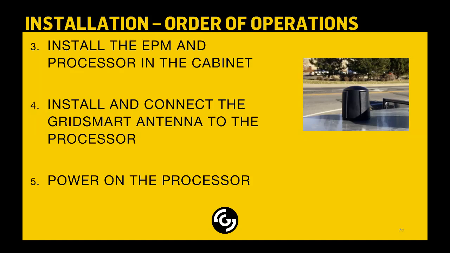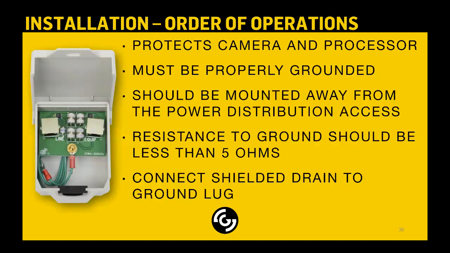The next step would be to power on the processor. So inside the cabinet, one of the first steps that we talked about was mounting the EPM in the traffic cabinet. This protects the camera and the processor from any surge or transients, but it must be properly grounded. So you want to make sure that you're mounting this EPM surge board away from any power distribution,